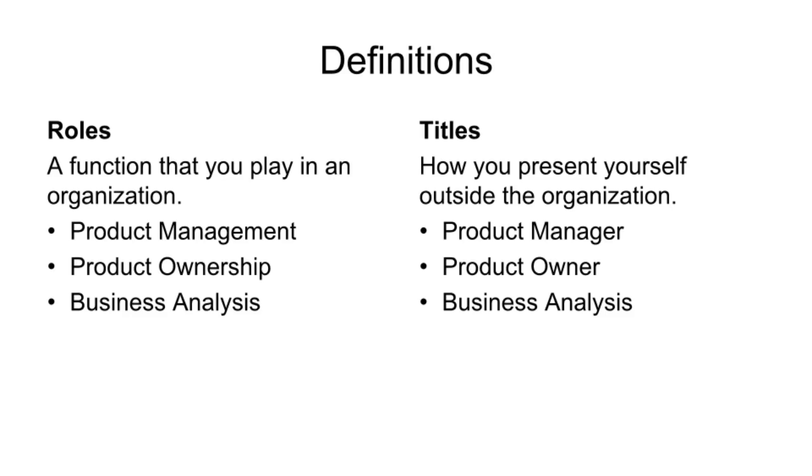Typical product people roles: the product management role focuses on understanding an organization's customers, understanding their needs, and determining whether it's worth it for their organization to satisfy those needs. This function primarily deals with an organization's customers and users. The product ownership role focuses on supporting the team delivering the solution and making sure that team has the information necessary to deliver the right solution effectively. This function primarily deals with the delivery team.